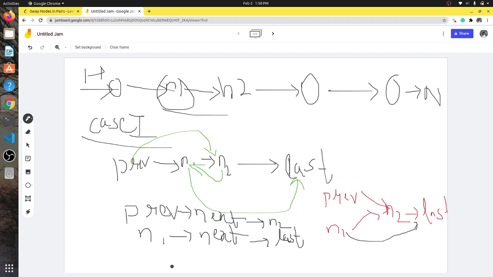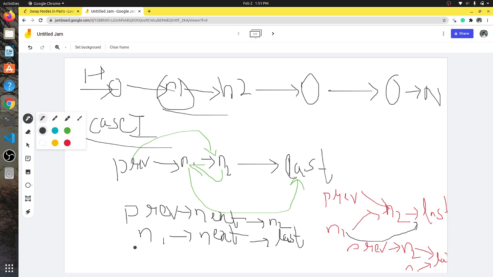Then our linked list will somehow look like this: prev, n2, and n1 to last.